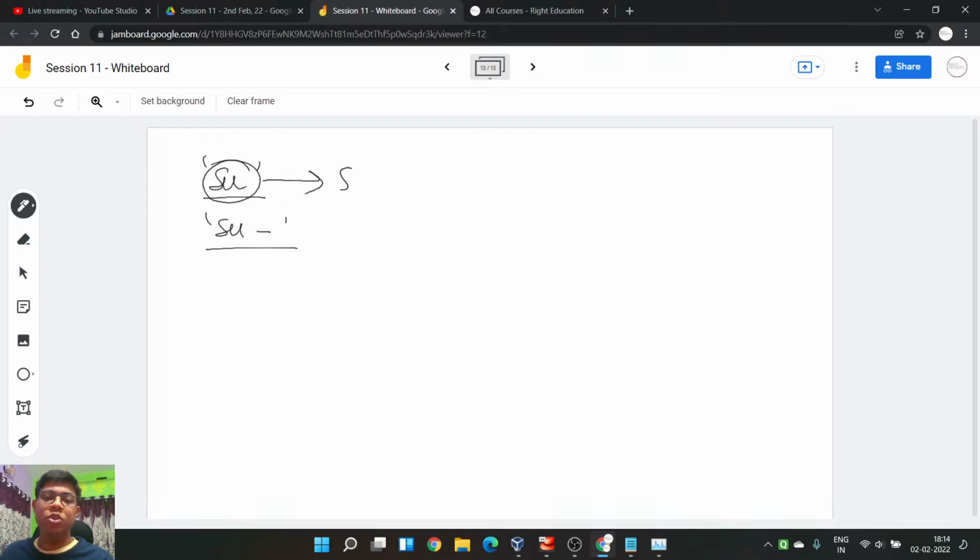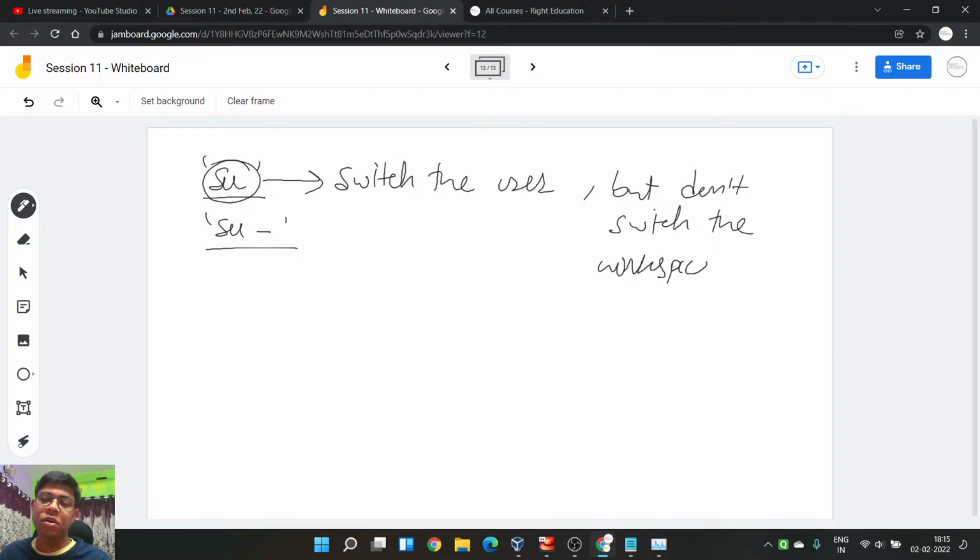It actually switches the user, but doesn't switch the workspace. If you talk about su hyphen, it switches the workspace entirely. Understand this very clearly, because this will help you in the longer run.